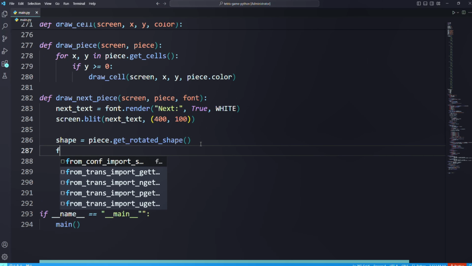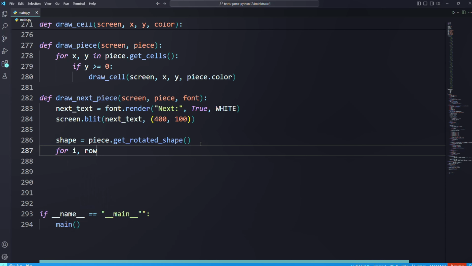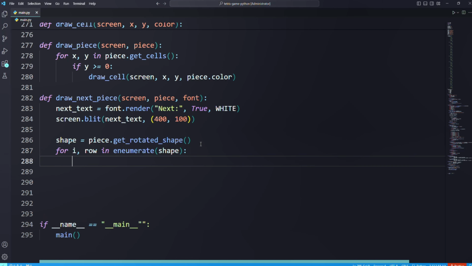So for row in enumerate shape, for J cell in enumerate. This enumerate is spelled wrongly. Let me correct it. So in enumerate row,